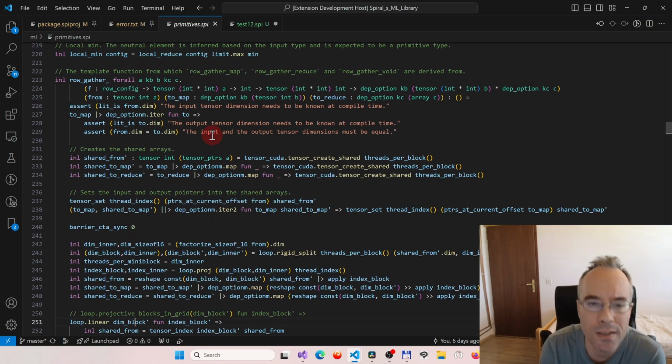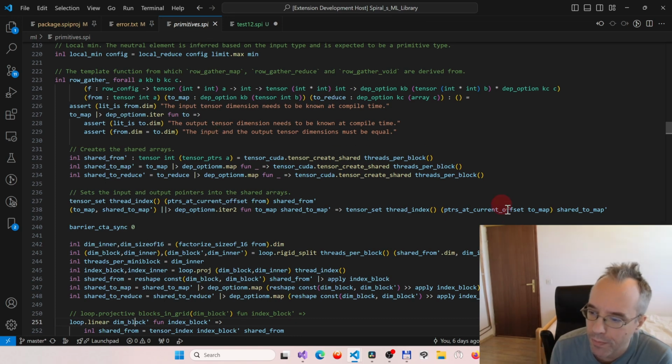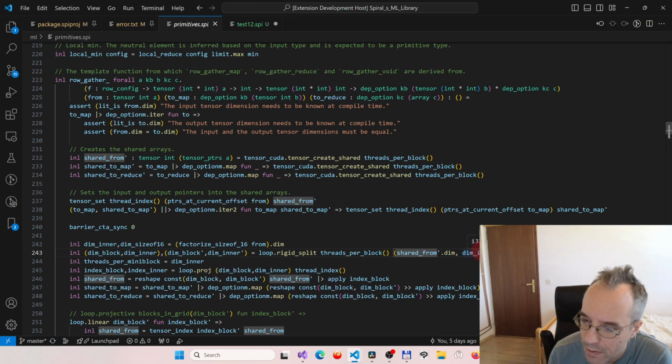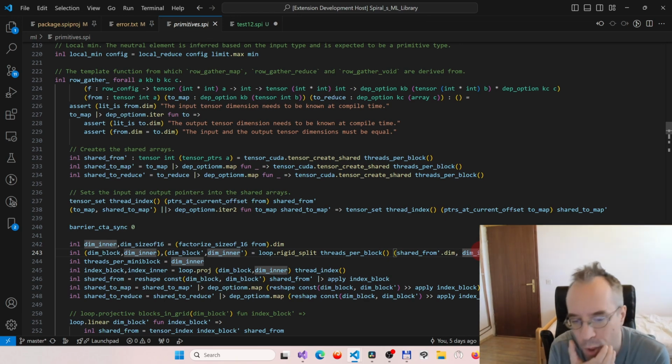And essentially we factorize the inner dimension first for the input tensor. Then we do this loop region split transfer block, and we take the shared dimension, I mean share from dim, that's just transfer block, and the inner dimension. That doesn't include the factorization. And then we get these. And then we project into the shared